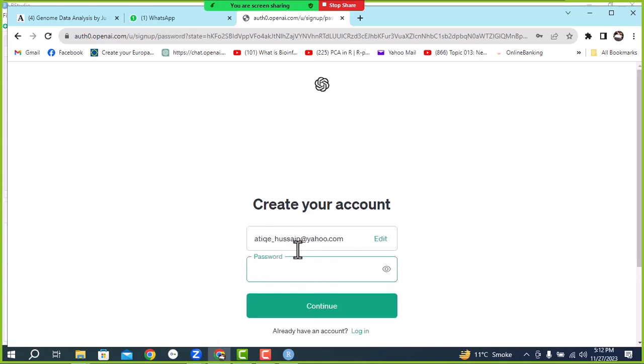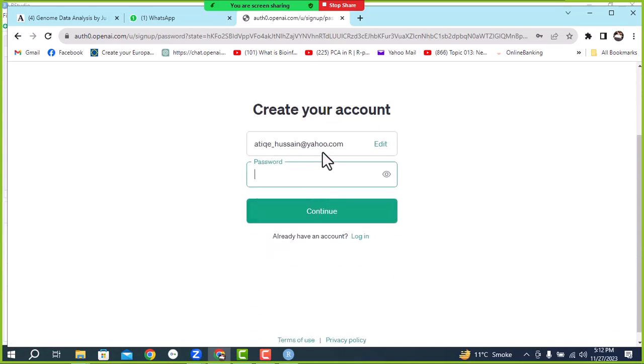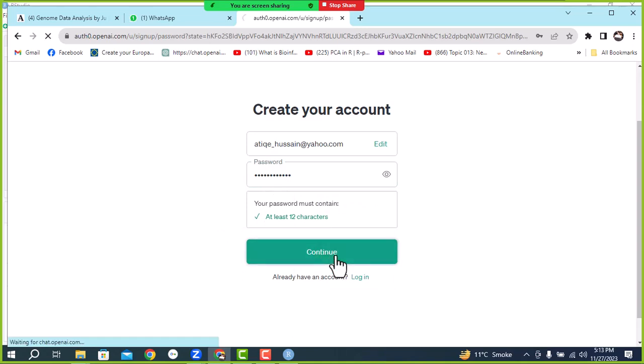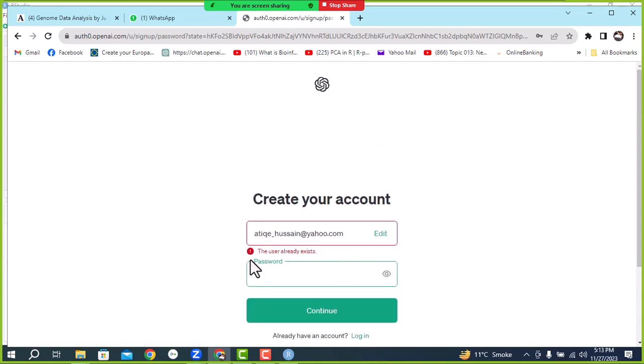So it is asking me to create your account. First the question is to create a password. I create a password randomly and click on continue. It is saying the user already exists, so I have already created a ChatGPT account on this ID also. So don't worry, when you type the password and continue, the next step you will face is